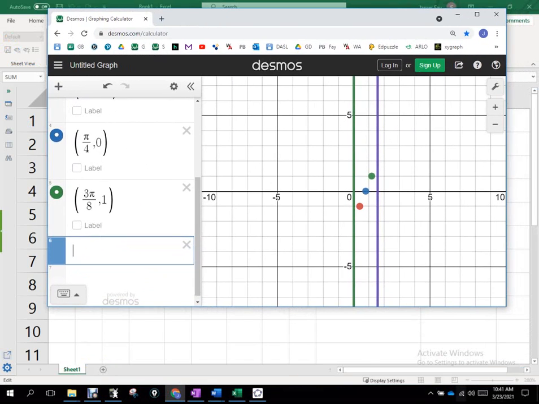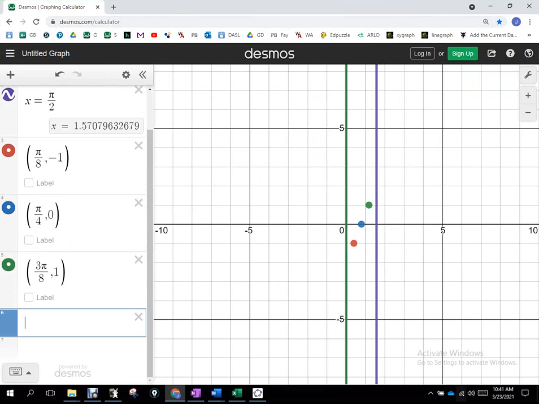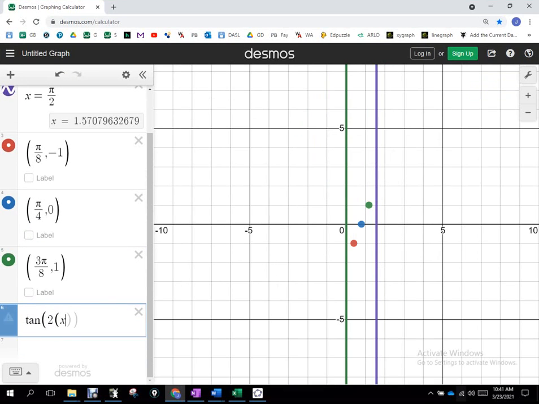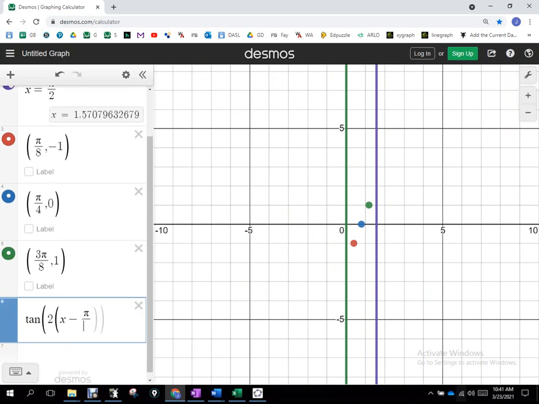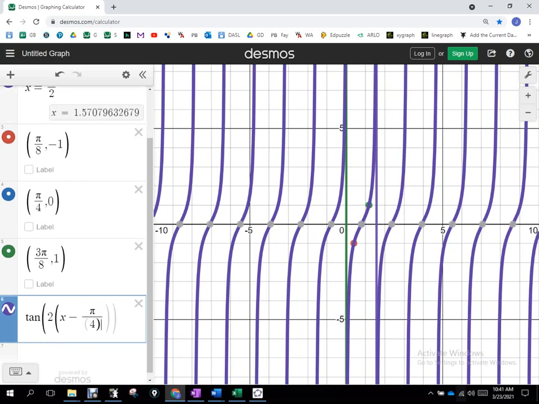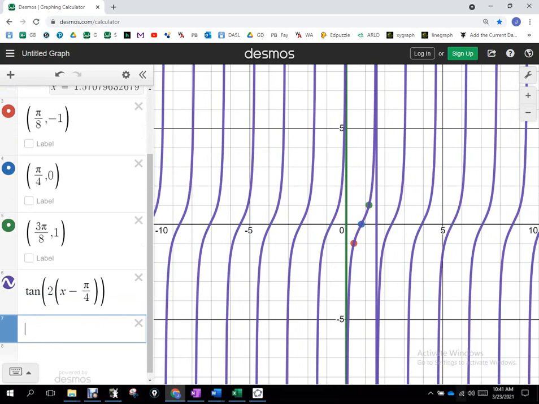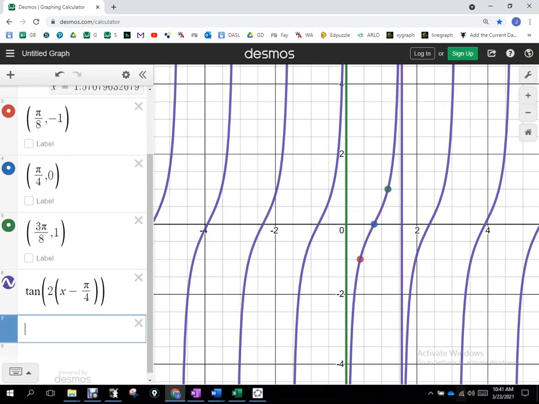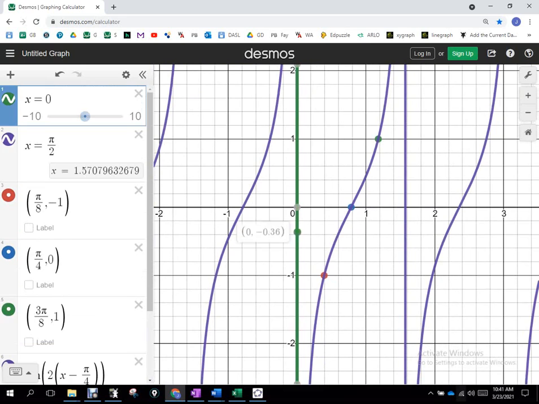If we graph these then, okay, so those are the 3 points. So now I'm just going to ask Desmos, can it graph the exact function that I started with? Tangent of 2 times x minus pi over 4, and does the graph pass through the 3 points that we found, and does it abide by the 2 asymptotes that we established? And it does. So I'm guaranteed that I have